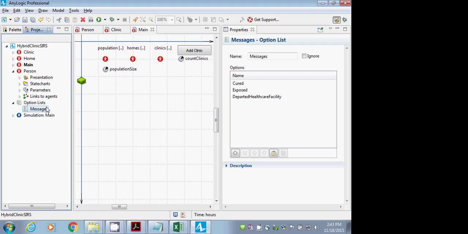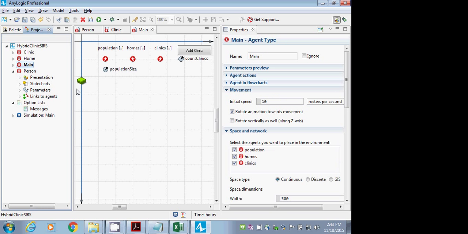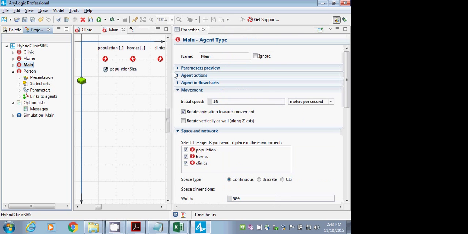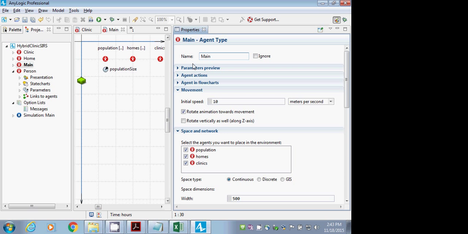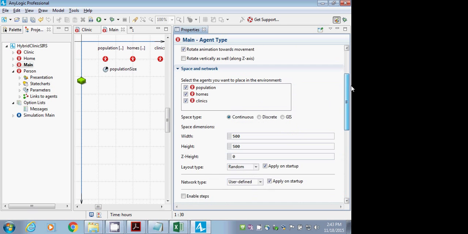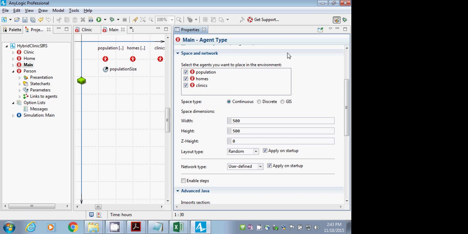No? Okay. So ladies and gentlemen, I'd like you to now go one step further with this. Specifically, I would like you to go to main, and we're going to do something we haven't yet done before. In main, go to the properties of main, and once again go down to this area called space and network. Do you see that? Now go to the area where it says network type. Okay? Do you see that? And I would like you to choose